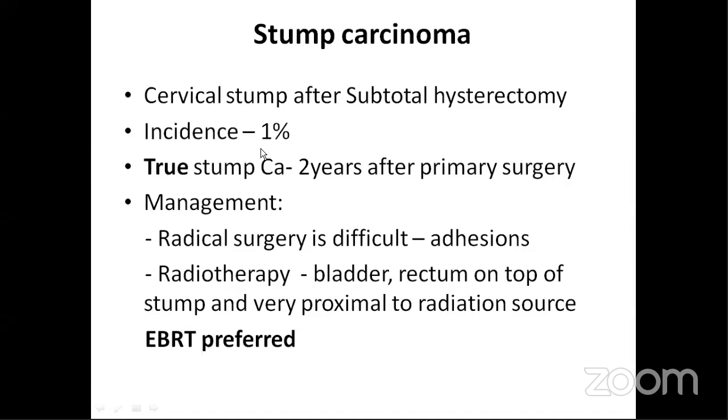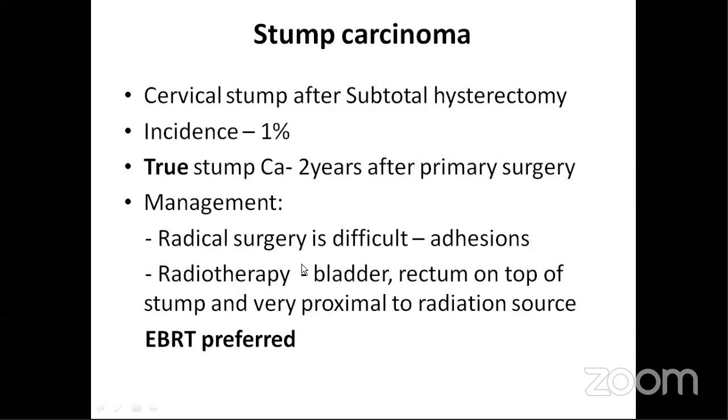And the incidence is 1%. If well within 2 years of the primary surgery, carcinoma is noted in the cervix, then we think that when we were operating, maybe there was some precancerous or cancerous lesion which went missed, and this is called a false stump carcinoma. If it is after 2 years, it is called true stump carcinoma. Next is the management. Here we need to go in for external beam radiation therapy,